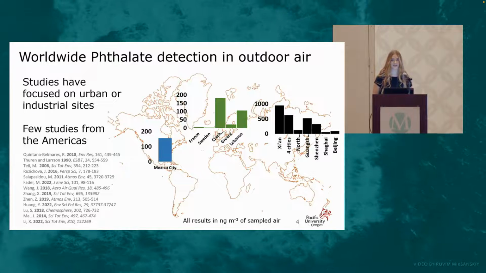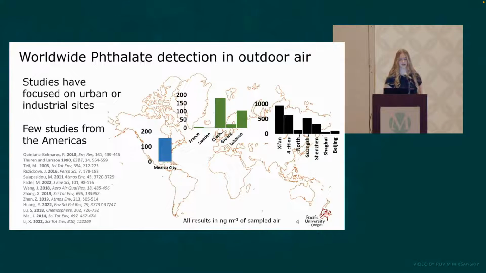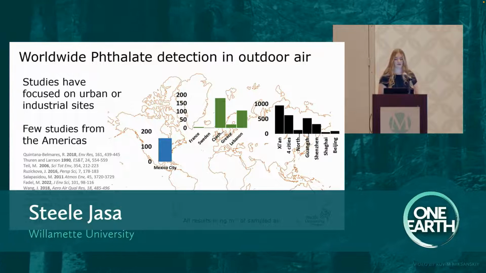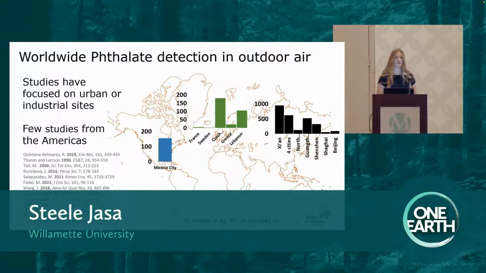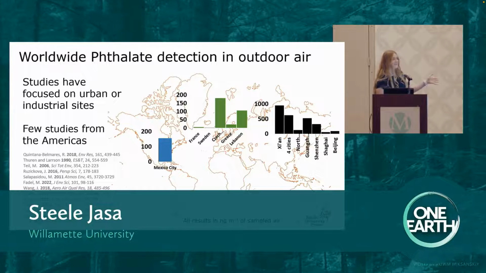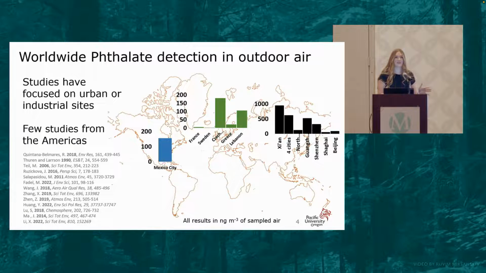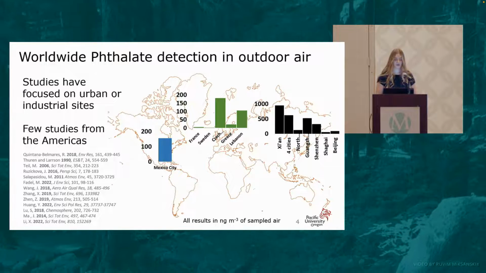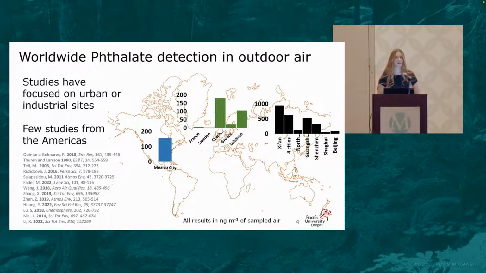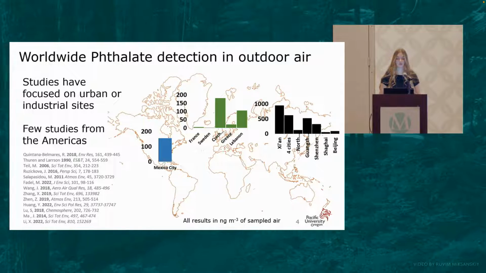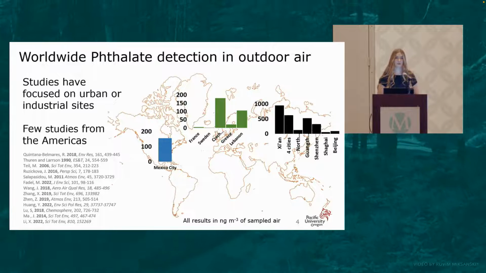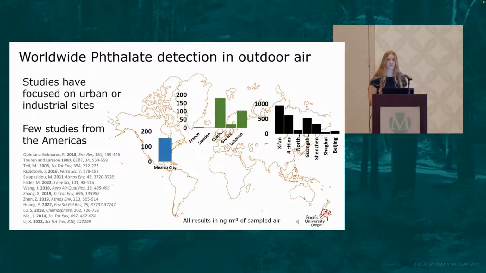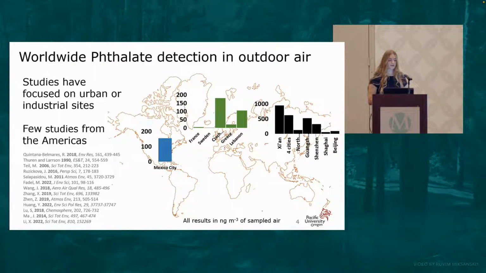So worldwide, there really haven't been that many studies done in phthalate detection in outdoor air. The most recent ones have been done in Asia, with some in Europe, and a few in North America. Based on these figures I have here, you can tell that there haven't been any in the United States, not since the early 2000s. So in Asia, we have concentrations of phthalates in the atmosphere ranging up to almost 1,000 nanograms per cubic meter of air. And in Europe and North America, they're ranging up to about 150 nanograms per cubic meter of air. And as I mentioned,